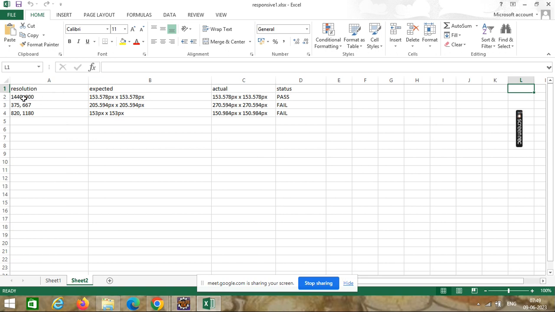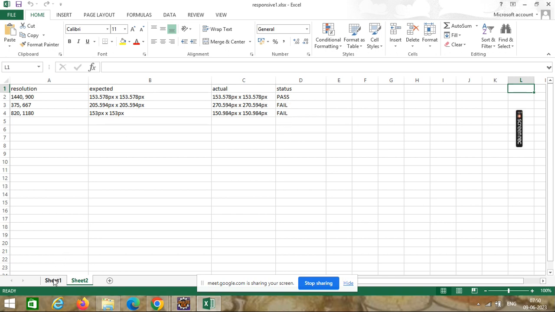So it has inserted the resolution, expected data, actual data, pass. But here in the second resolution expected data and actual data is not matching. In the third resolution expected data, actual data is not matching, so it is fail.